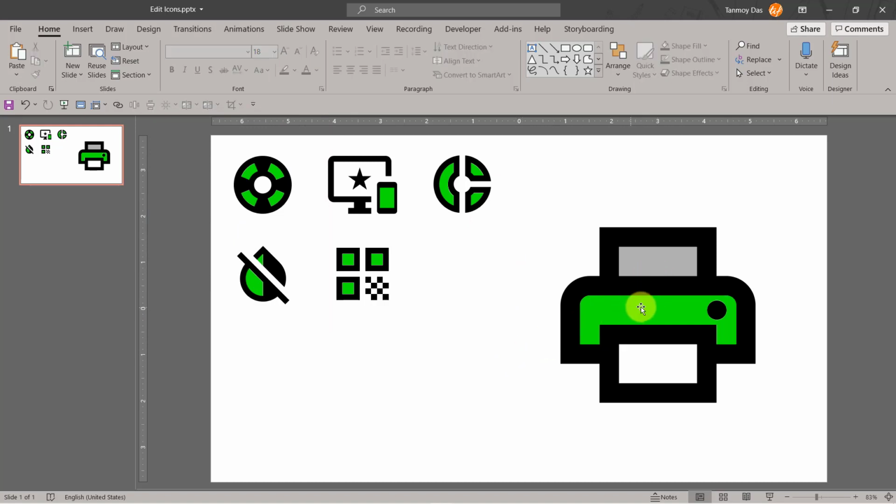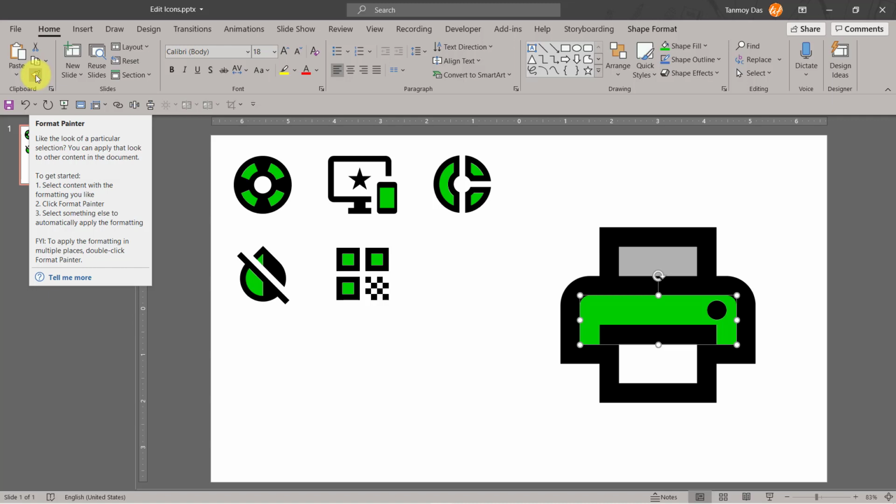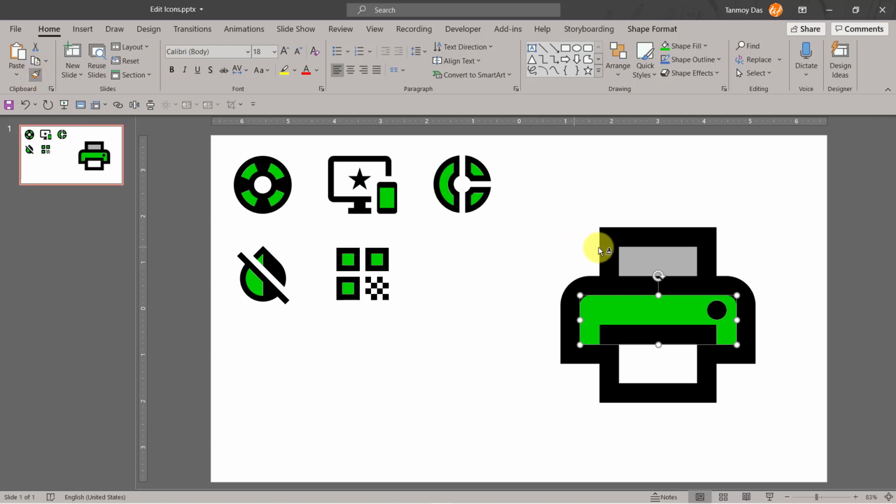So I want to have the same color here as well, so I'll click on this, and once it is selected, I'll go here where it says format painter. I'll click on it once, then I'll come here and click on this small box again. You can see that the format of this box has transferred to this one. Now I'm done with my editing. New colors are already updated.